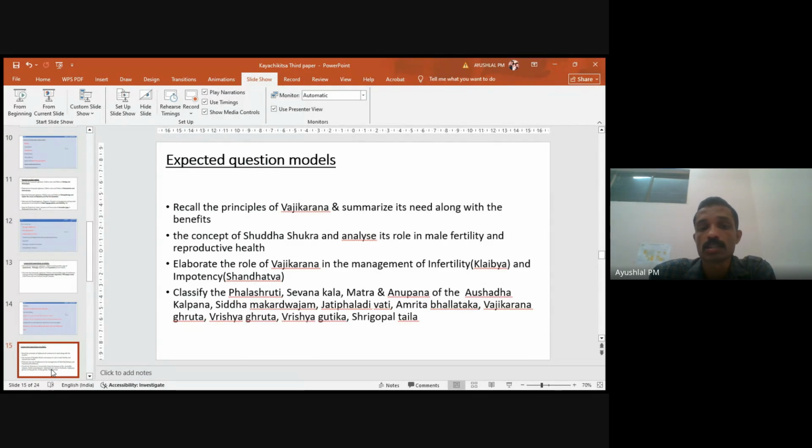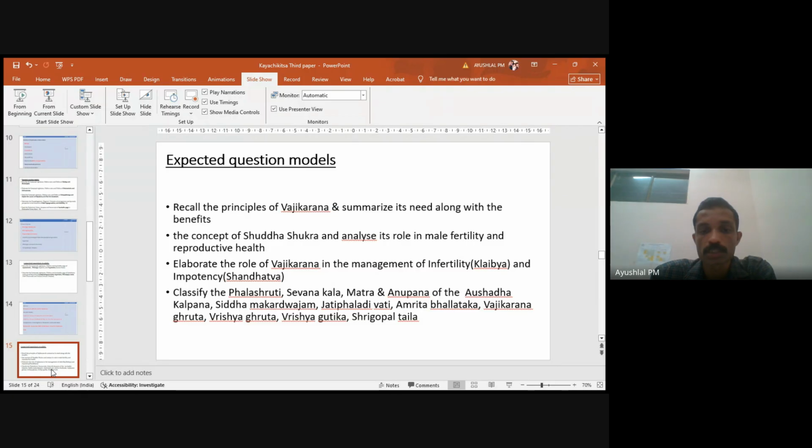This is what exactly Vajikarana is, other than a male sexual medicine that increases sexual power. So you can go to those videos. Then the concept of Shuddha Shukra, and analyze the role in male infertility and reproductive health. Elaborate the role of Vajikarana in the management of infertility and impotency. And classify the Balasthiti, Sevanakala, Matra, Anupana of the Aushadha Kalpanas